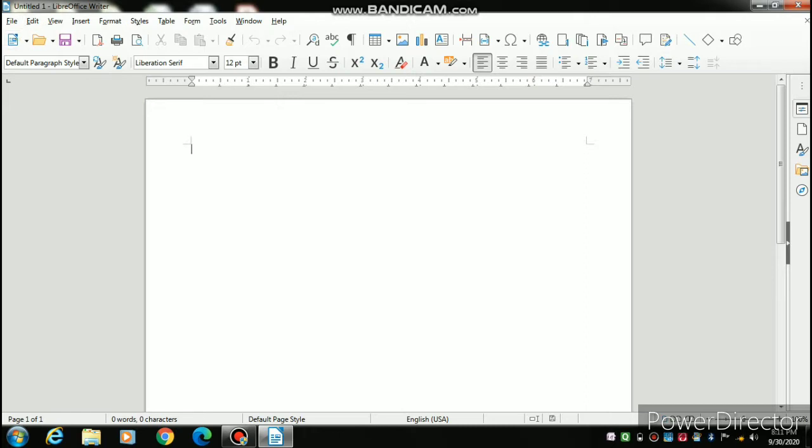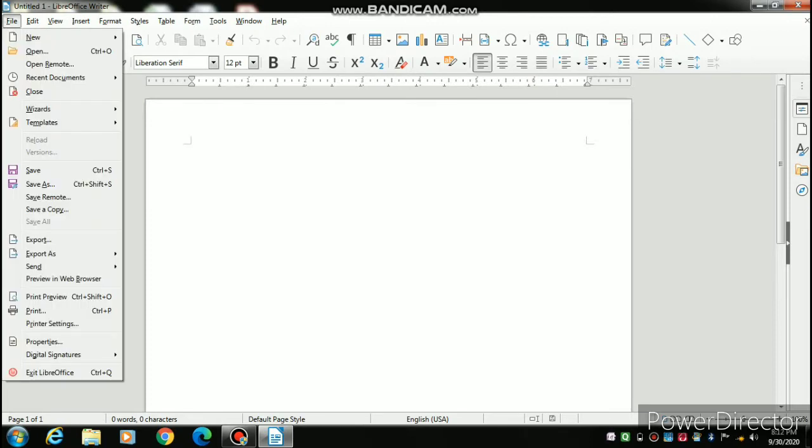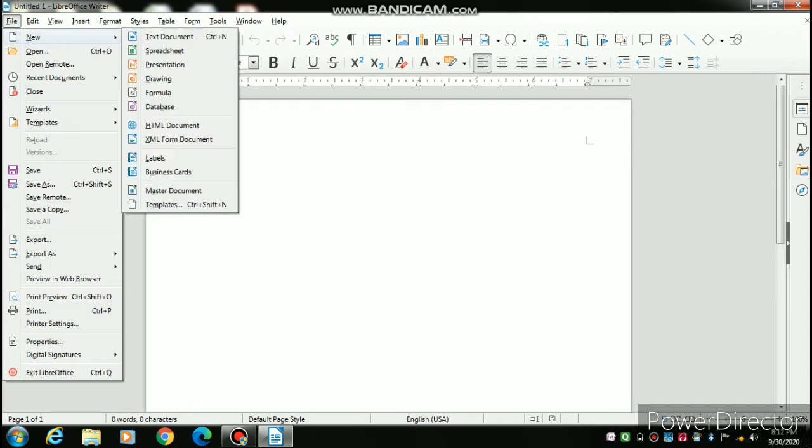At the top of the screen, there is a title bar. In that title bar, the name of the file comes. As I have not given any name, by default it is showing Untitled, and you can see the application name LibreOffice Writer. Then after the title bar, there is a menu bar. In MS Word it is called the ribbon, but it is called the menu bar in Writer. The menu bar has the same menus as MS Word: File, Edit, View, Insert, and so on. Every menu has a submenu. When you click on a menu, like the File menu, I will get the submenu of the File menu.